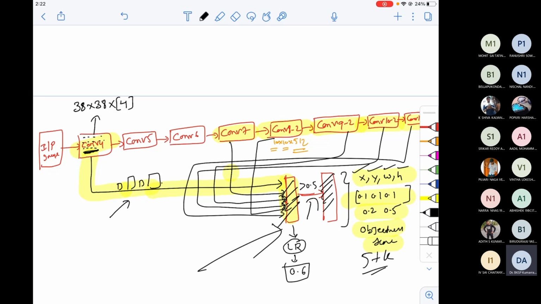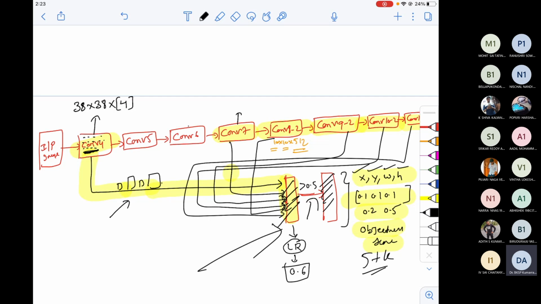In conv 5 they did not draw anything, in conv 6 they have not drawn anything, and in conv 7 they've drawn. I have not drawn for conv 5 and conv 6 because their outputs are not sent to the fully connected layer.